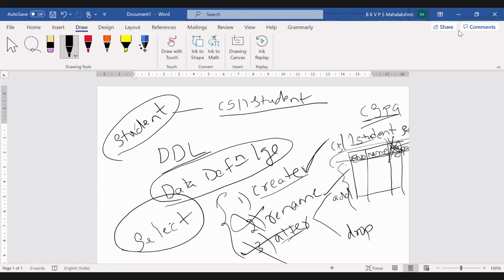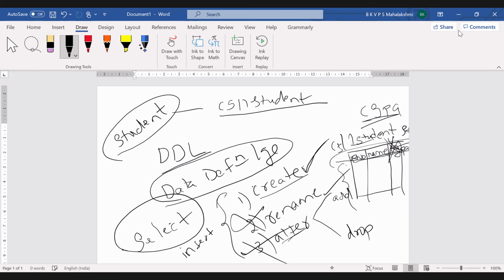Maybe sometimes you'll say, ma'am, I have inserted some 60 records in the same table, but now I don't want one particular record because it belongs to a detained candidate. If you think like that, then we have to remove that data, one particular record.